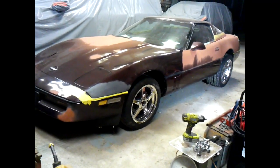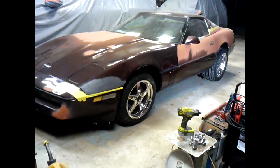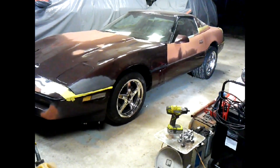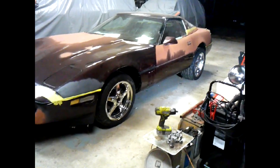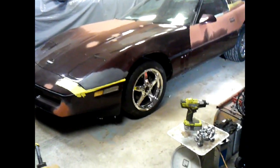There you go. There's the side profile of it all. Everything works out great. The measuring actually turned out to be correct. There's no rubbing, and even though when I test fitted the wheels it looked like things were going to rub and or stick out, they really don't. If you look here, you can't see the tire sticking out. You start coming in now, it's tucked up in there. Now here is